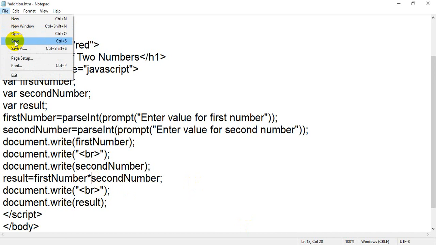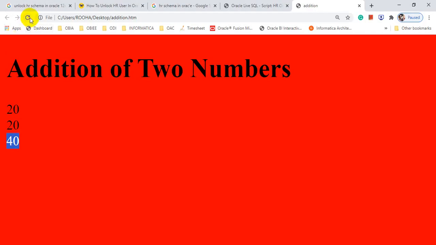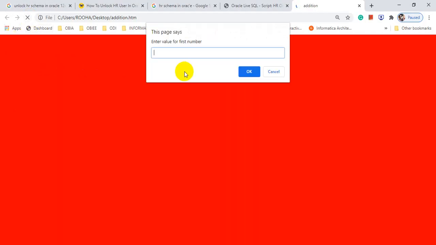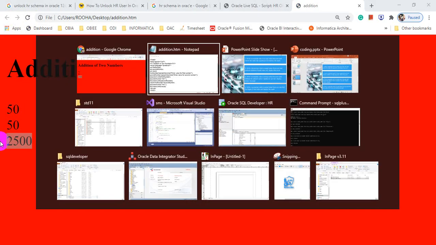Save it. Refresh. First number 50, click OK. Second number 50, click OK. So multiplication of 50 and 50, your output is 2500. So this question will come in your examination.